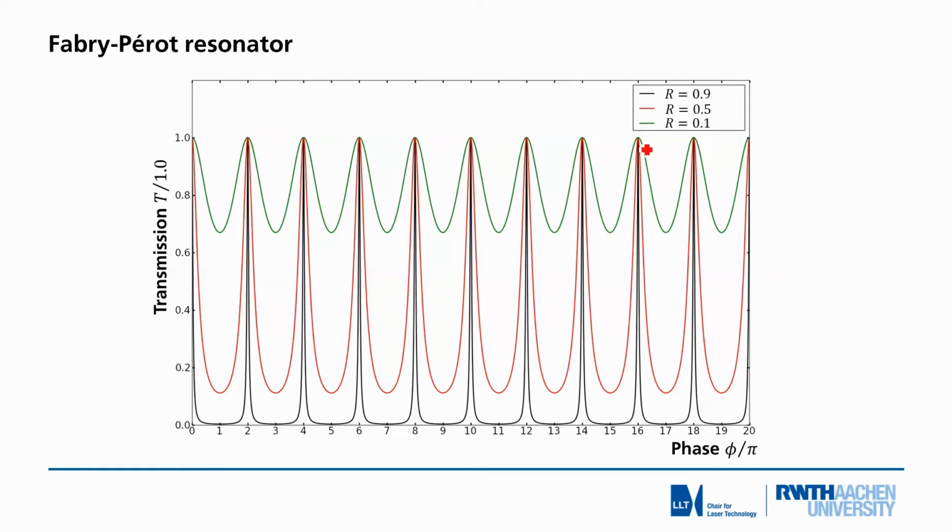Needless to say that for lower reflectivities, here in this case 0.1, the green curve, the modulation is very shallow. In the limit, if R goes to 0, the reflectivity of the mirror goes to 0, which simply means there is no resonator. We would just have a straight line, and again, of course, all frequencies will be allowed.